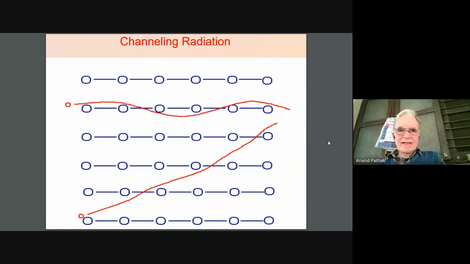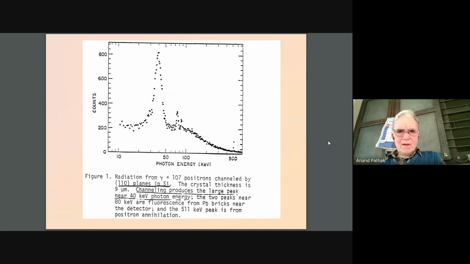And when that happens, for example at high energy, radiation takes place, it's called channeling radiation. There are two aspects: at lower energy, you can do the analysis, and at higher energy, you can have channeling radiation. But here, the angle has to be very small. Next one. For example, when you count that